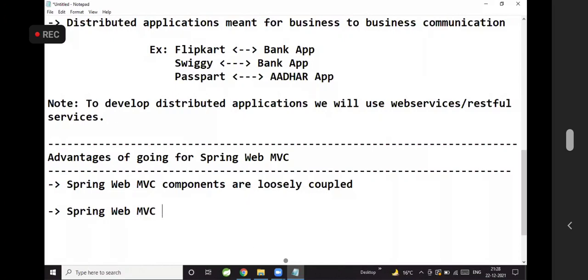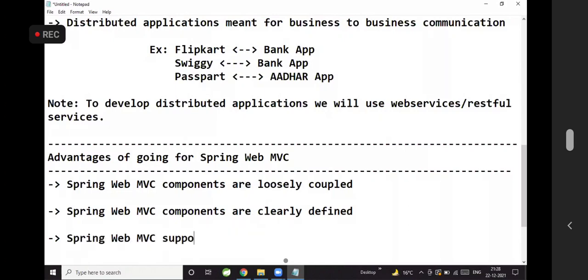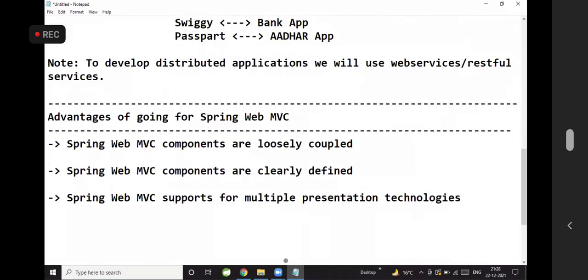Spring Web MVC components are clearly defined. Spring Web MVC supports multiple presentation technologies. If you go for servlets, only JSP you can use as a presentation technology.